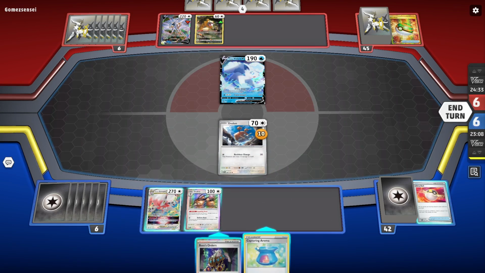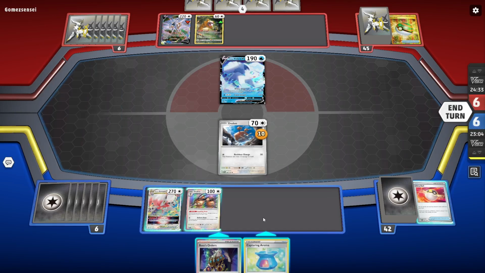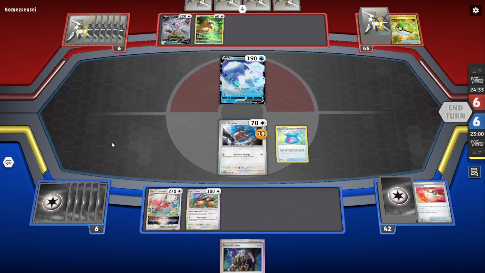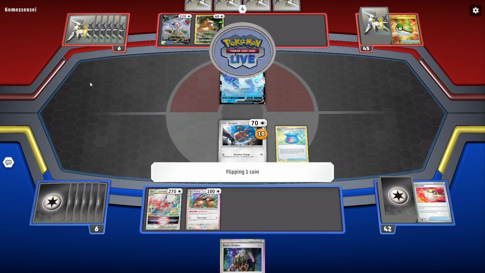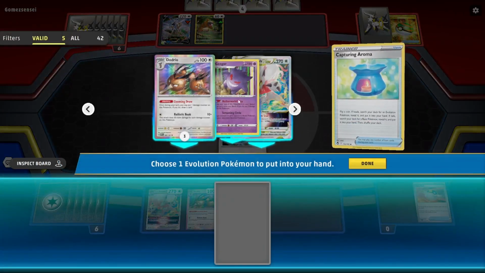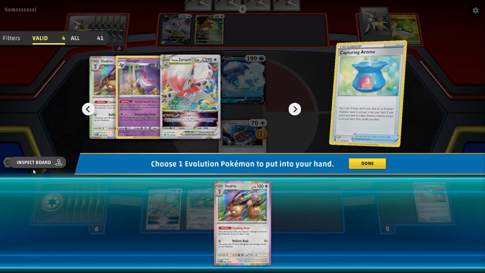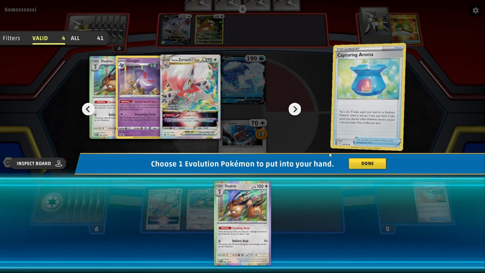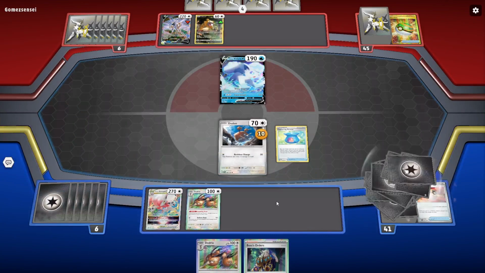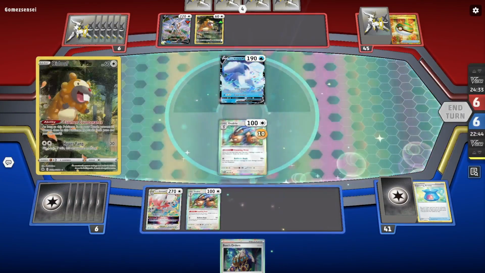Maybe I should have. It's not great, right? Do I take out something here? Let's see what I hit on. Maybe I should have evolved the Doduo, right? Because he's not bad. Okay. If I hit an energy, then I can take out the Bidoof, so I'm gonna gust up the Bidoof